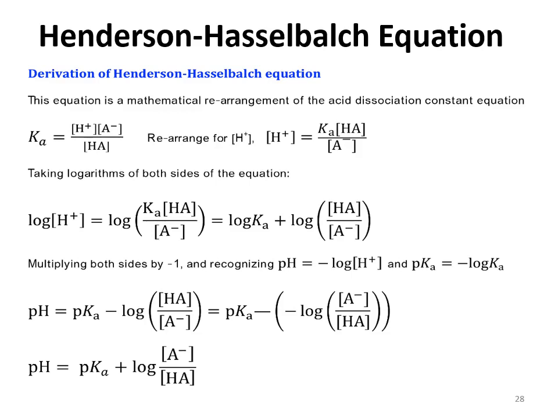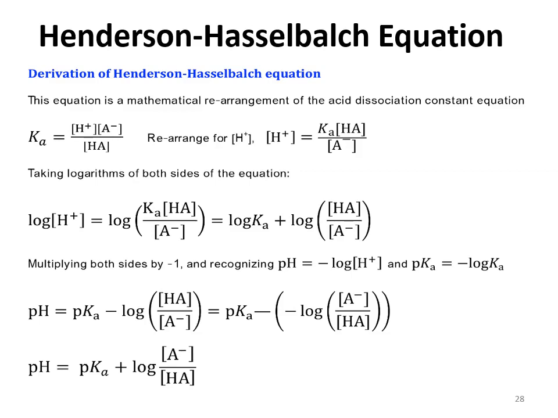So the equation will be pH is equal to pKa negative log of the undissociated acid over the concentration of negative ion. Next will be the pKa. We are separating the negative log